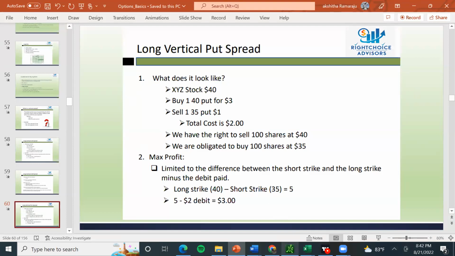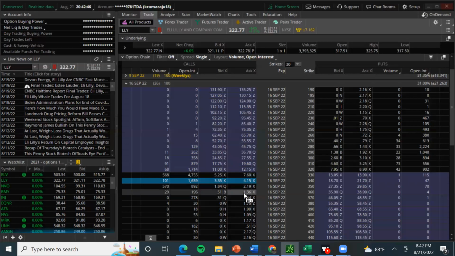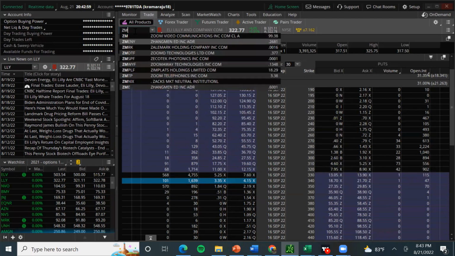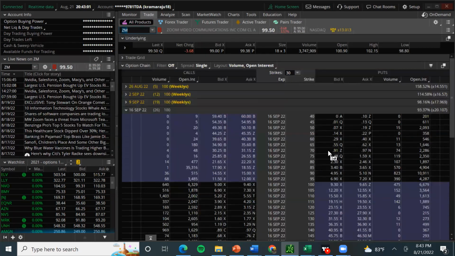So in the same way, just like we buy calls, we can do the same thing on the put side also. You can buy a put and also you can sell a put. For example, let us take the Zoom example. If I am thinking that Zoom will go down,